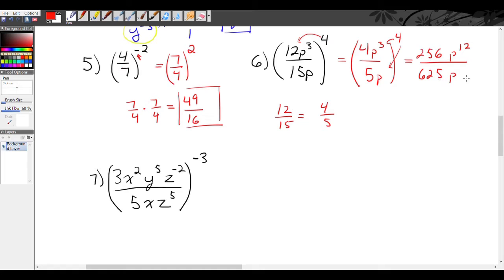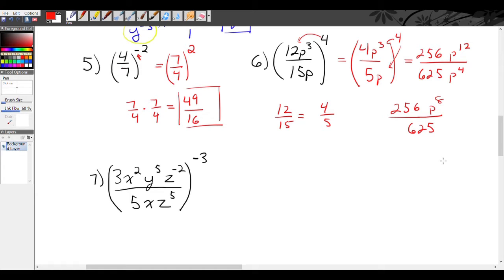Now we're not done yet, because we can say p to the 12th divided by p to the, oh, I forgot to put the fourth here. P to the 12th divided by p to the fourth. And we subtract, yes? So what's 12 minus 4? 8. So my simplified expression is 256 p to the 8th over